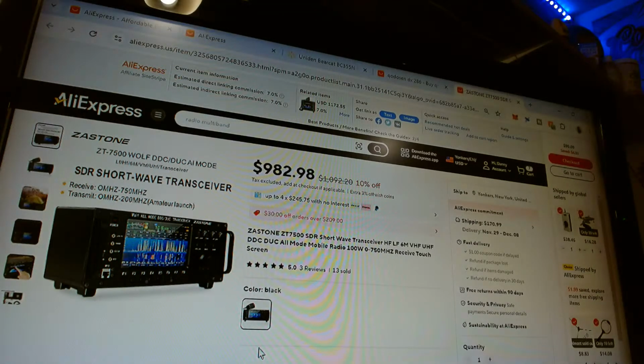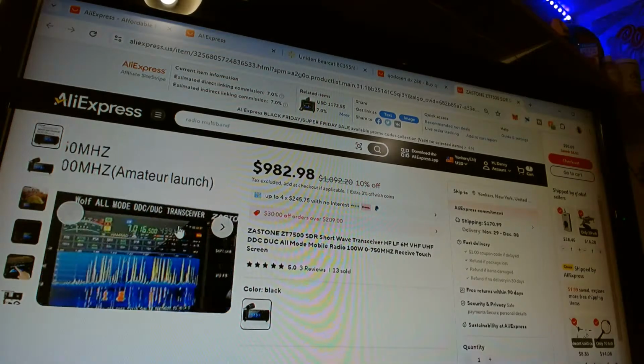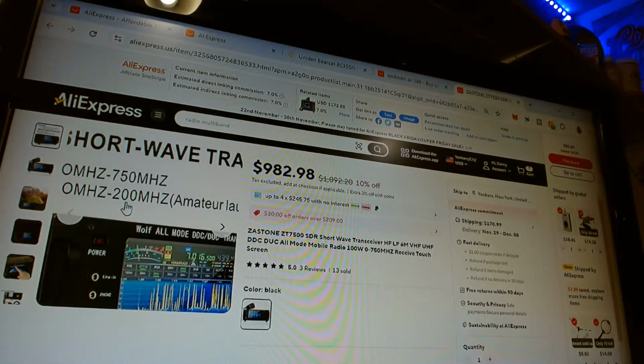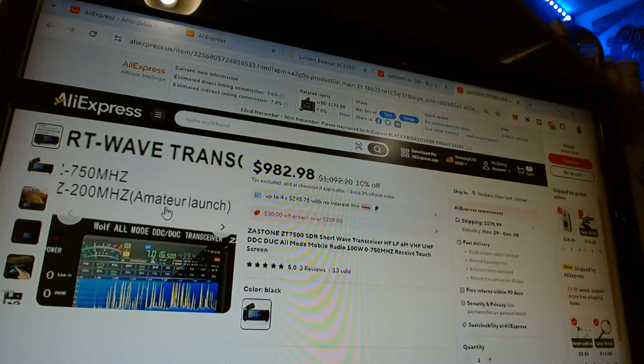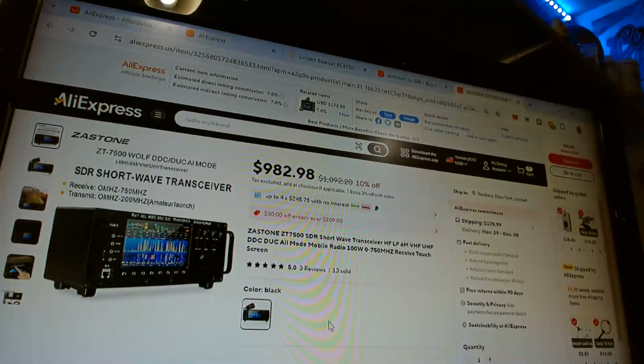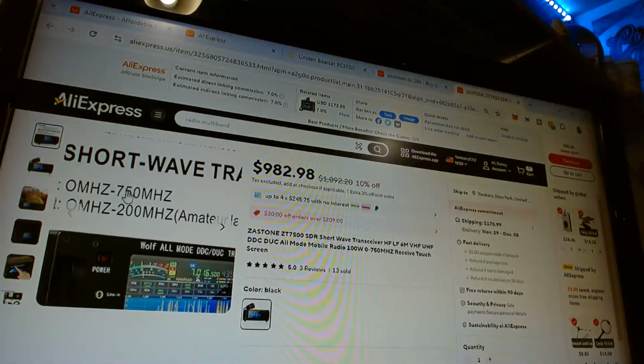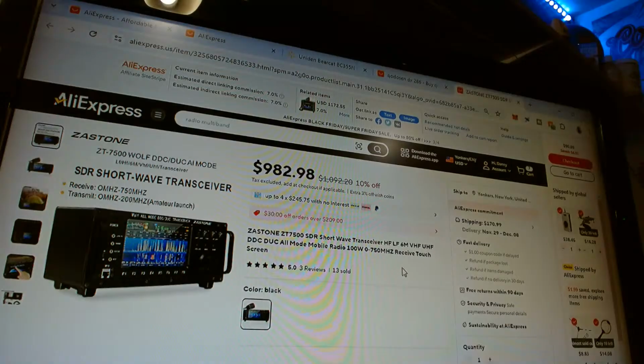So it's an LF, HF, 6 meter, VHF, UHF transceiver. But right here it says transmit 200 megahertz, so it doesn't do UHF transmit, just receive. Receive you go to 750.